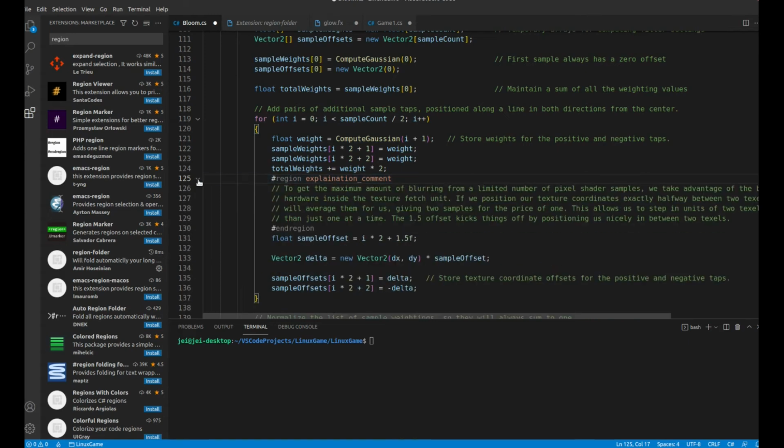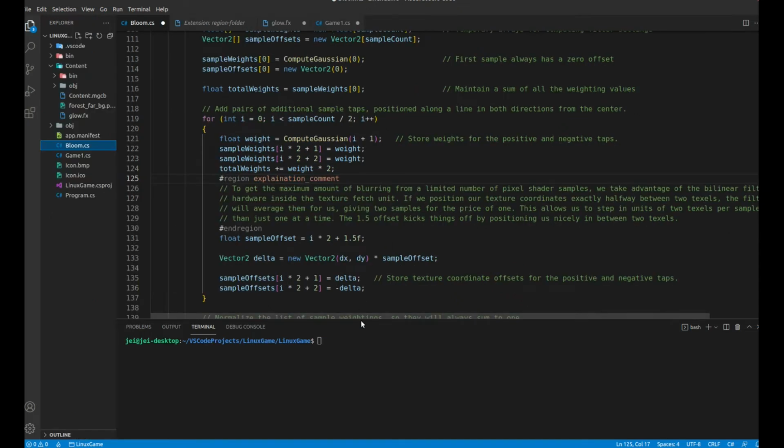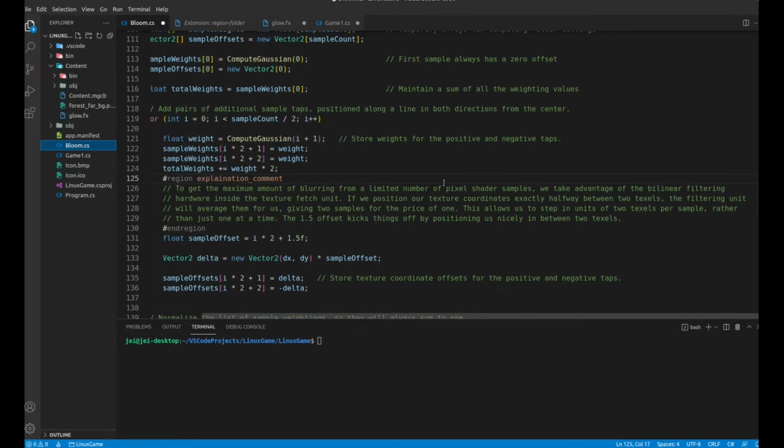So now I can click on this little arrow and expand and collapse it, and it'll be collapsed by default. Okay, I like that. So the explanation: to get the maximum amount of blurring from a limited number of pixel